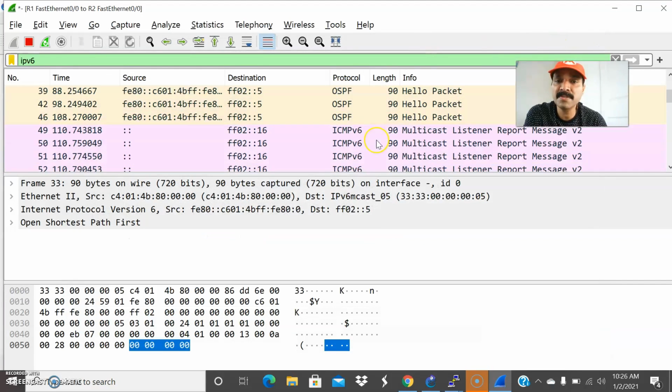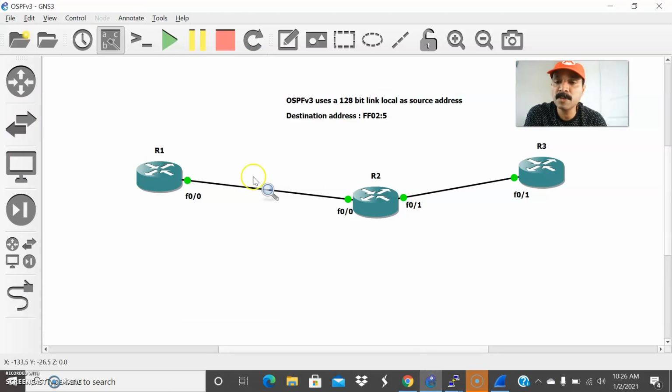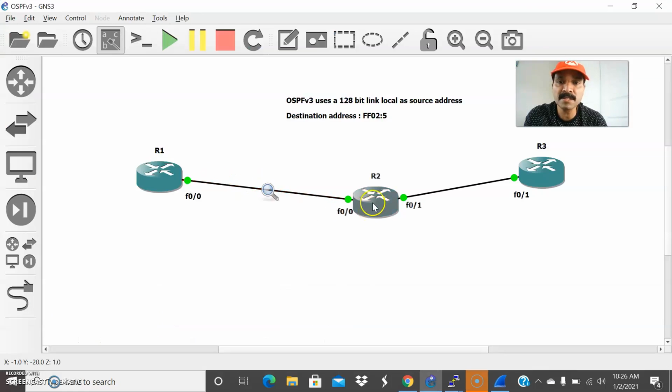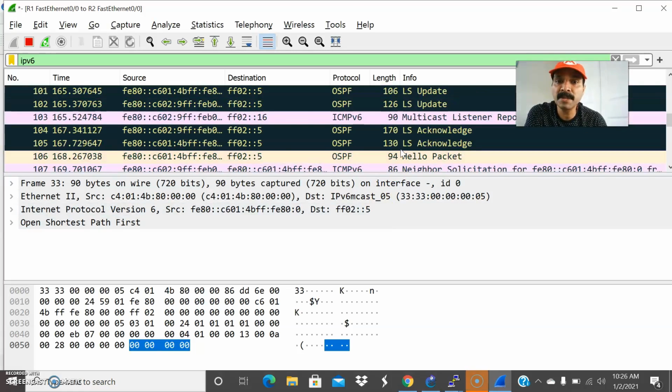And same as IP version 4, it also contains several packets like the DBD packet, the database description packet. So let us remember: the hello packet is for establishing the neighbor relationship, and the DBD packet is used for exchanging the database synchronization between the routers. If it wants any request from the adjacent router, it will send an LSR, a link state request, right? On receiving the link state request, it will send an update, that is a link state update. Then this will send an acknowledgement packet. So these are the same packet types as IPv4. That is a key point you have to keep in mind.